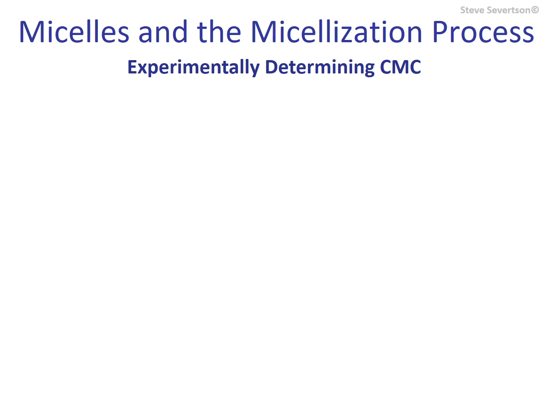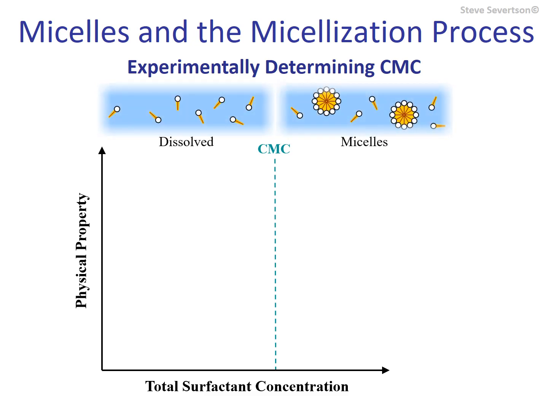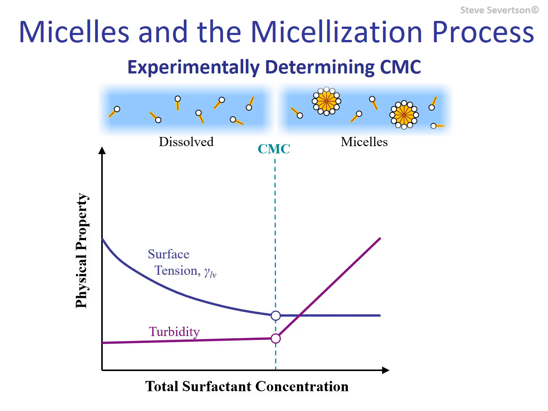The sharp transition between monomers and aggregates at the CMC results in distinct changes in the properties of the solution, which allows for the determination of CMC using a number of different measurement techniques. For example, the formation of micelle particles, which scatter light, allows for the determination of CMC using turbidity. As will be discussed in a moment, the formation of micelles is what produces the inverse plateau on the surface tension curve. Thus, the onset of the plateau region in the curve gives us a way to identify the surfactant's